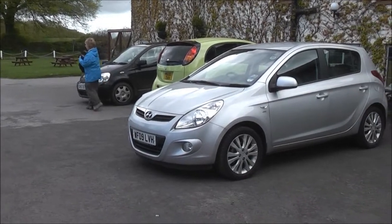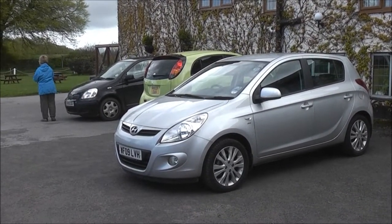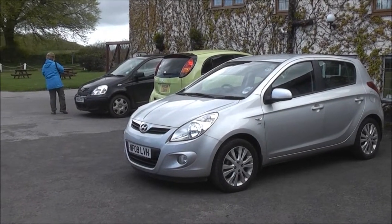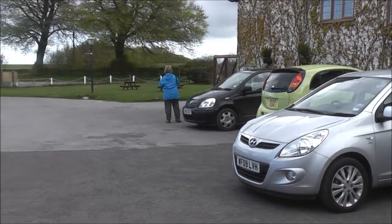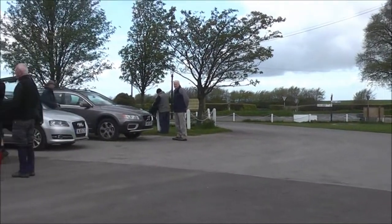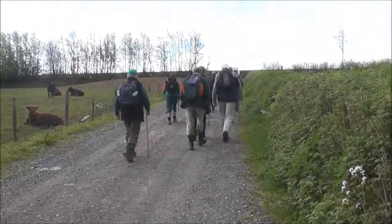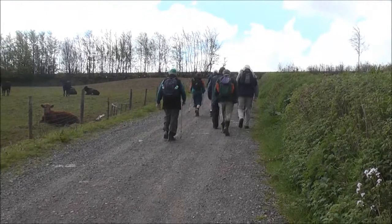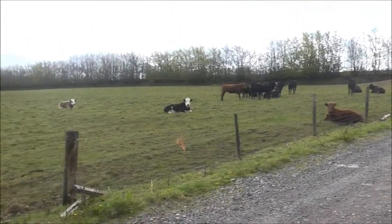I've been told what we do, we're going to drive in convoy in a minute to a new car park, and there's plenty of room for all these cars to park, and the organiser does reckon it could be an 8-mile walk, which is a bit daunting for someone like myself. 8 miles. Everybody's setting out at a fair old pace. I'm buffed already, but in fact,